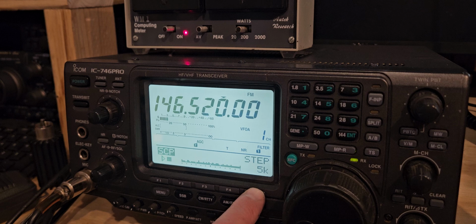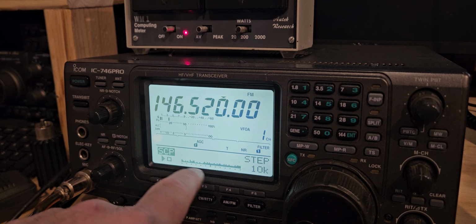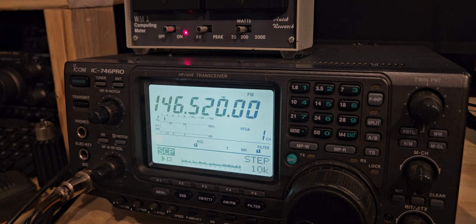Well, the step we want a little higher, maybe. I don't know if it just continuously scans or if you hold it down, it'll continually scan. I saw a signal right there actually. It's 8:30. There might be a net going on at some point. We're only scanning 10K though, so let me see if we can go 20, 25. 25 is the widest we can go. Oh, each one of those is a step. I don't know what the deal is, but